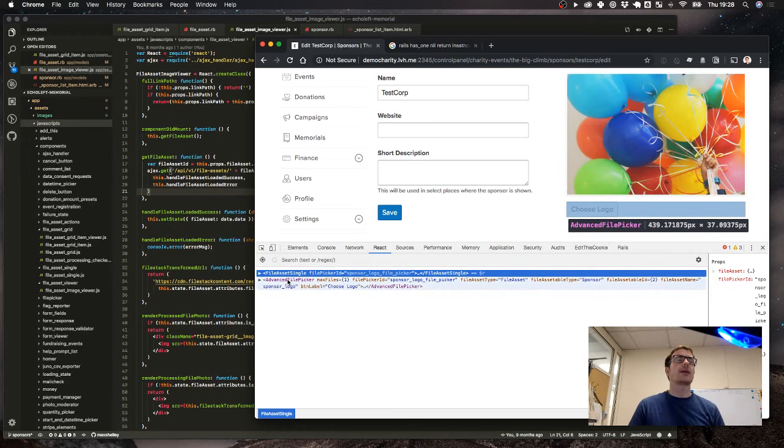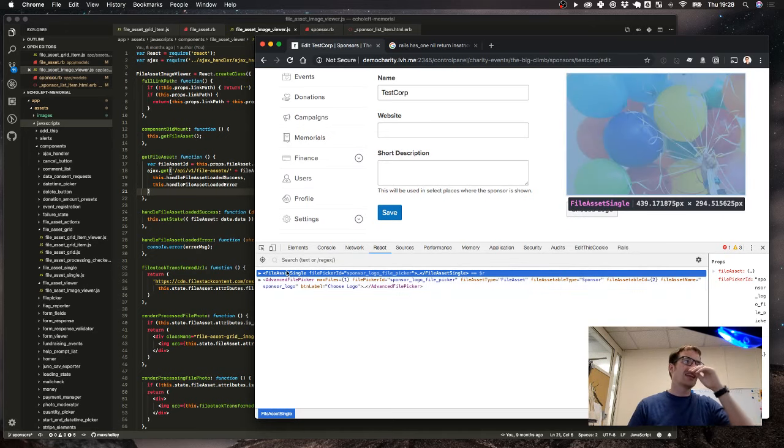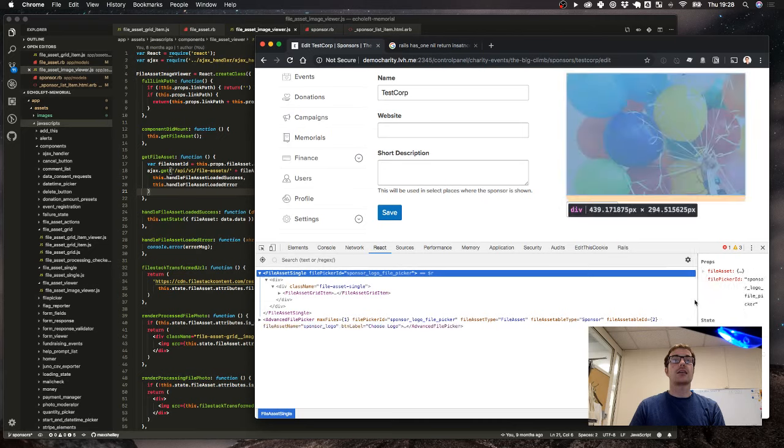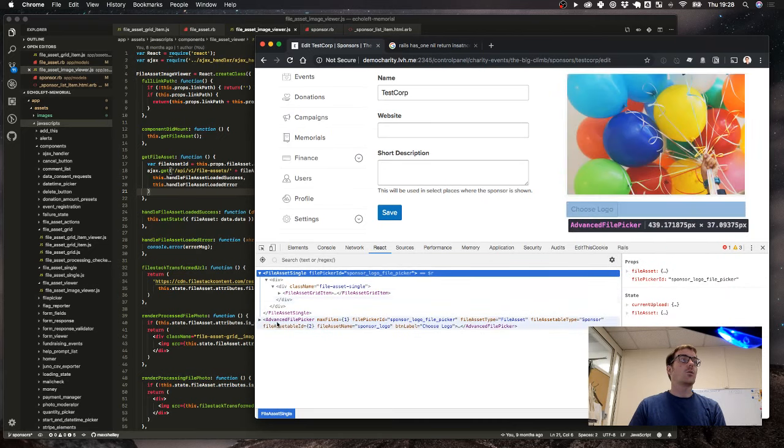So they don't know anything about each other. They're not nested. It's just the pub sub library. One listens for the event of the other ones. So I think that what's happening here potentially is that when this event, when the file picker says, hey, I'm done,